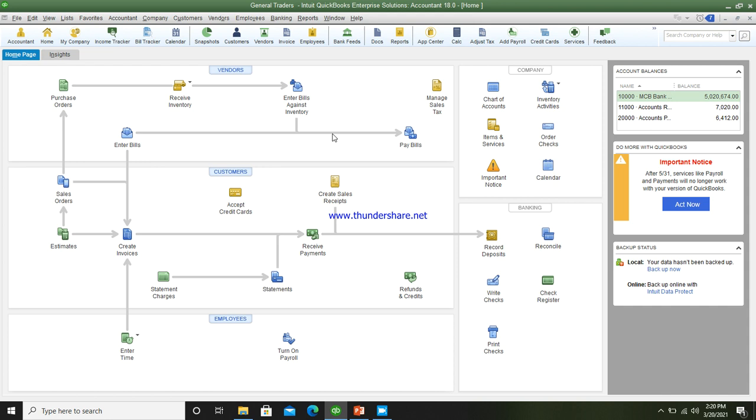This is the home screen of QuickBooks Desktop. We can make advances to vendors by entering bills or by writing checks, but I prefer the write check module because at the time of giving advances we have not received any bill. So let's move to write a check there. Click on it.